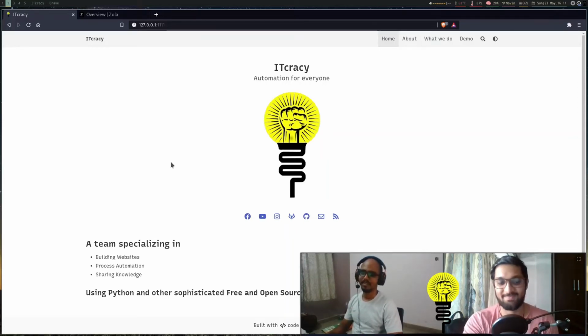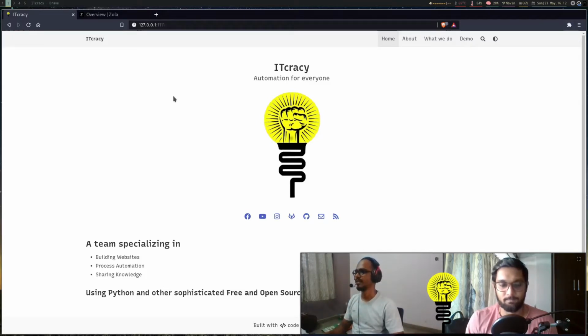In the last part, we saw how we can add content to the website, and we created a normal page about and a what-we-do section page. We took a look at templates in a very simple way, but now we'll go into a bit more depth about templates and Tera, the template language of Zola.